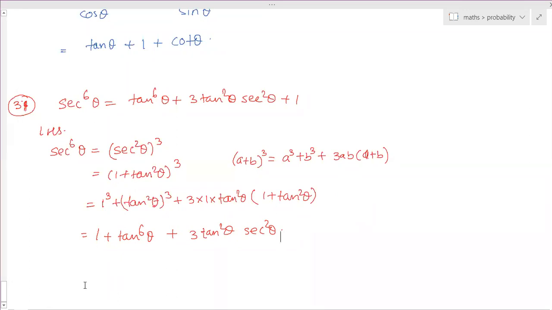Ma'am, for some questions, if we rationalize, we don't get it because on top we need sine square and below it's a plus sign, but still can we rationalize it with a plus sign? Yeah, sometimes it can be done with the numerator. Okay, ma'am, so we can rationalize it with the numerator, right? Yeah. Okay, ma'am.